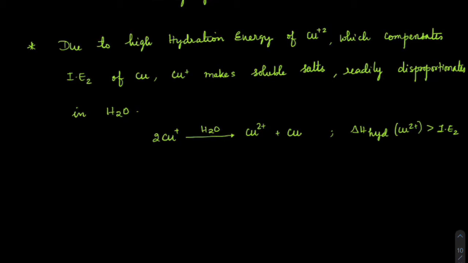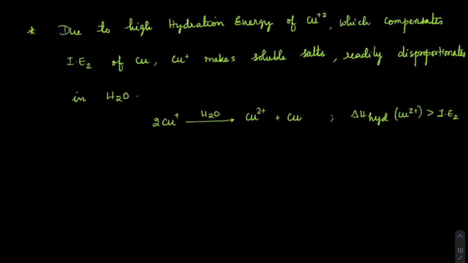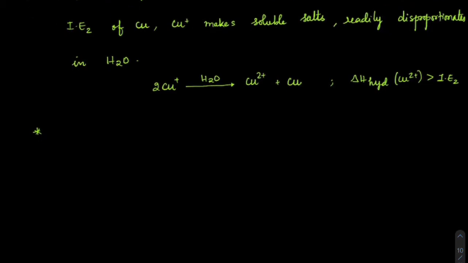If I need x energy for ionization, and y energy is needed for hydration, and the hydration energy is higher, so definitely instead of remaining as +1, it will change itself to +2 oxidation state. Right, beta? I hope you understood that. Although copper has very high ionization energy, its hydration dominates over its ionization. That's why it happens. Okay.